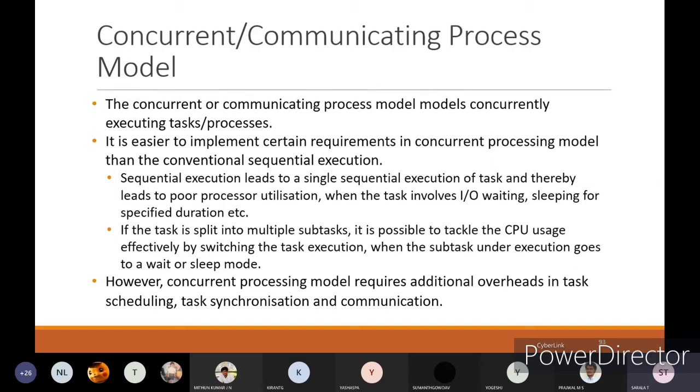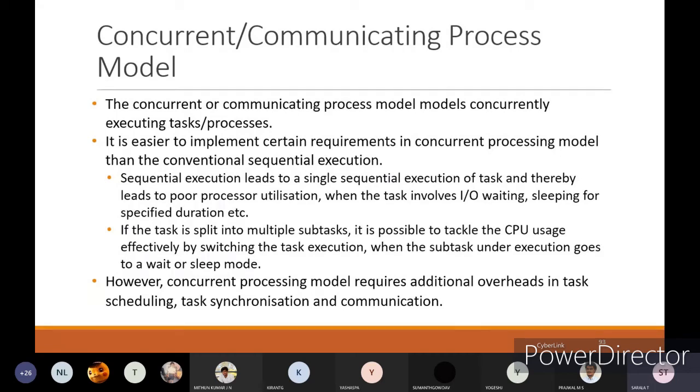Whenever we go with a concurrent processing model, it always requires additional overheads in task scheduling, task synchronization, and communication. You will always have one more extra job, that is task scheduling.